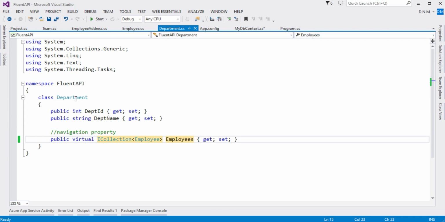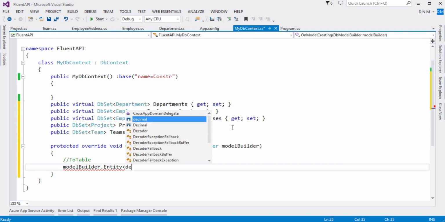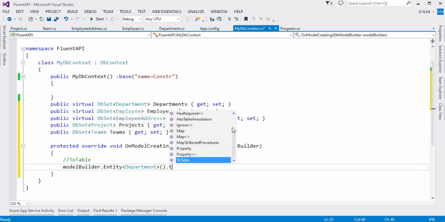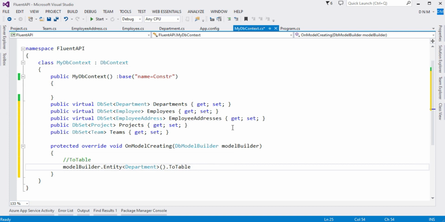Okay, so the class name is Department, and I want to specify it as DEPT. So what you will do, you will say entity type, that is Department. Since it is a method, open close round bracket, dot ToTable method is there.